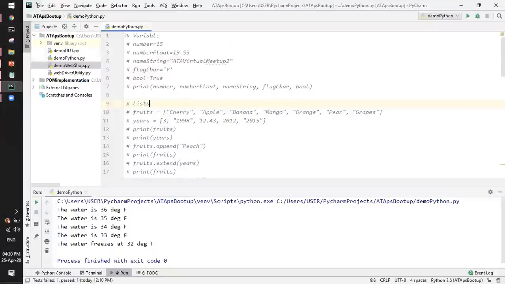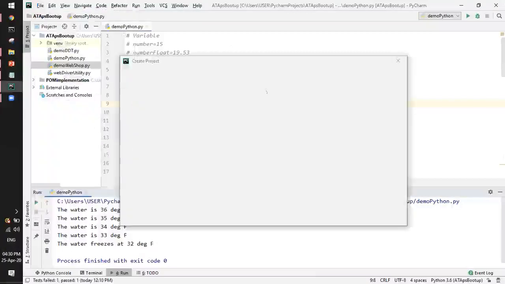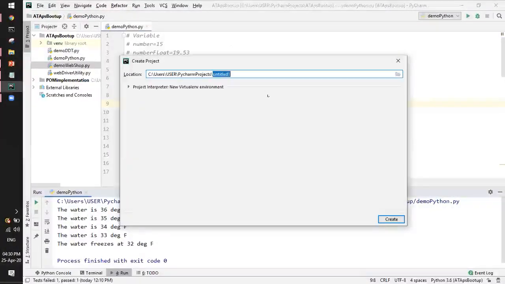Okay, so simple. We have to go to the File menu and say New Project. Now I'm just going to tell some important things here. The moment we create a new project, there are also some other things happening behind the scenes. I'm just going to put my project name, it can be ATA demo 25 APR.